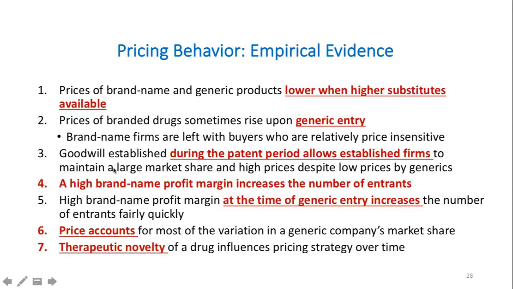They maintain a large market share and higher prices despite the low prices of the generic. So they can still enjoy basically the first mover's advantage. A high brand name profit margin increases the number of entrants. Of course, if a drug is making good money and there is a good profit, new firms